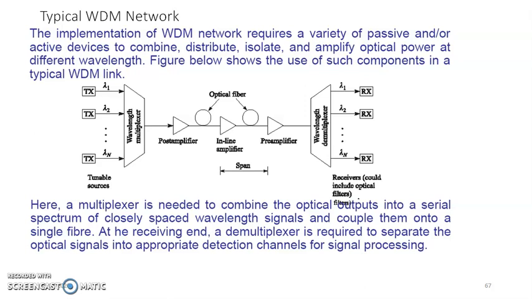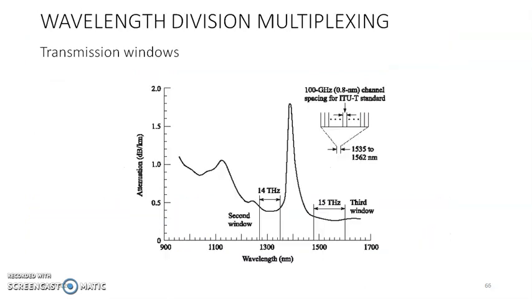So this one is a part of wavelength division multiplexing. Now when we are using this type of transmission, we should know what transmission window is to be used so that the signal can propagate through the system. Otherwise, the fiber has a lot of losses, because that particular wavelength will not operate